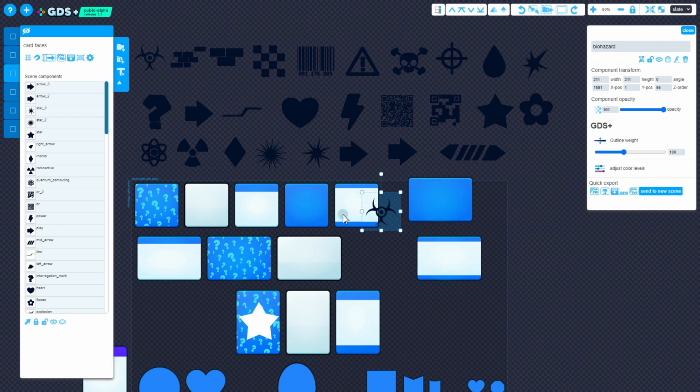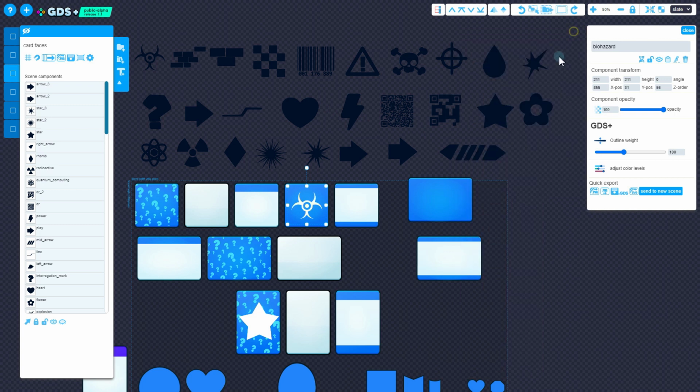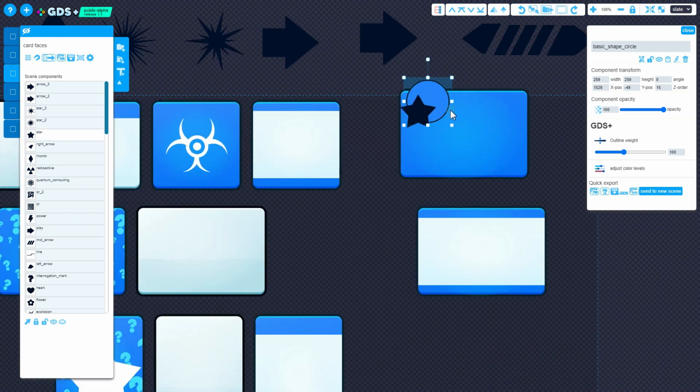You can create your own card backs or your own card fronts using this decals pack from the decal library on GDS Plus. So GDS Plus gives you further options to expand this pack,